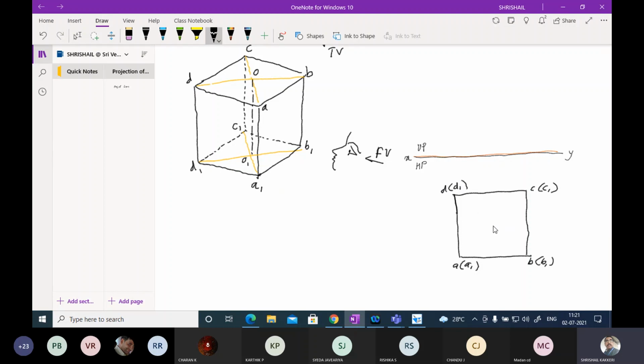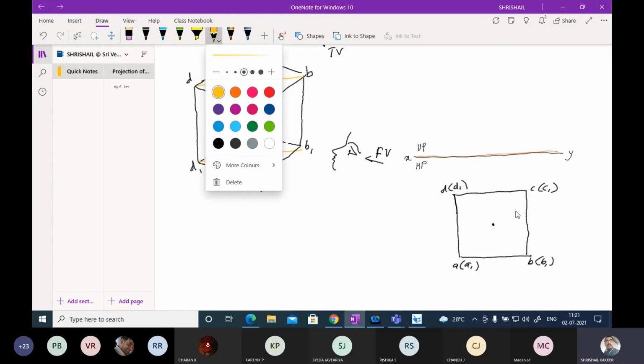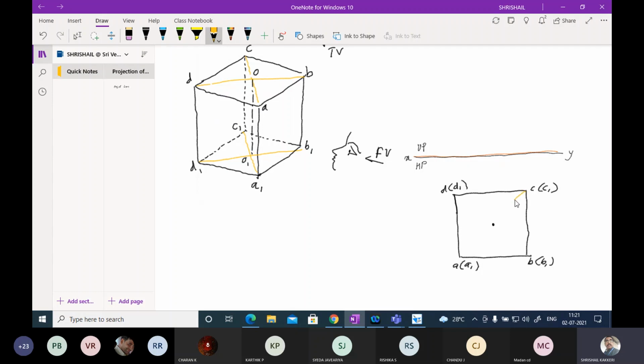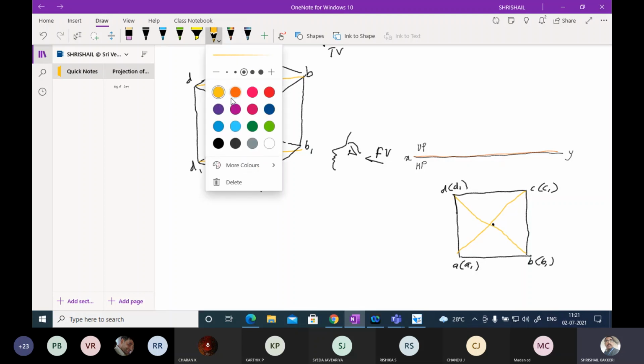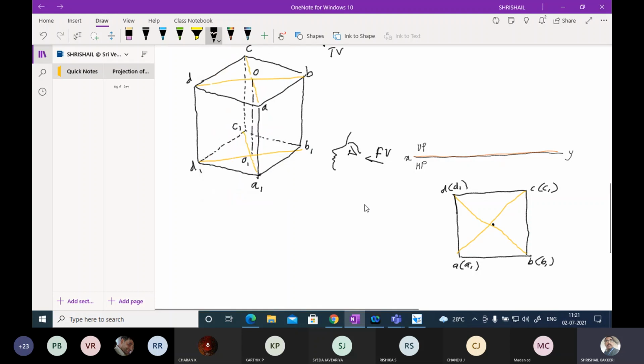And here we have the axis point. Simply I am not going to locate it. What you have to do is draw these diagonals by thin line. And where they intersect, that point will be called the imaginary point. That will be the axis point. And here it will be O in bracket O1. This is what I have written.